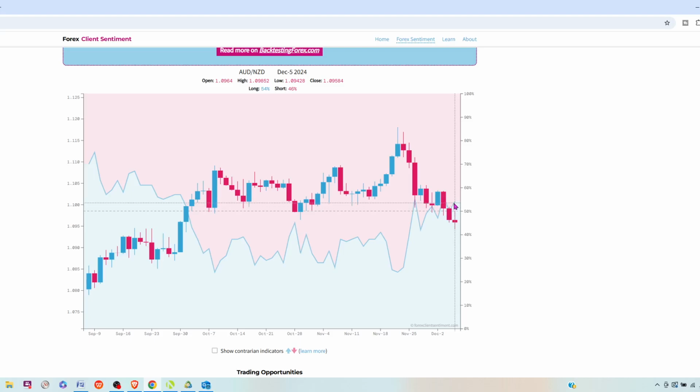So again, as of the last update on this chart, it hasn't updated for Friday yet for yesterday's price action. This is still saying December 5th, which was Thursday. So I'm not sure when they update this. Maybe because of the weekend, they'll update it when the market opens again on Sunday. So the last update on this was Thursday, so I'm not sure how this will work out for Friday, but let's just take it for what we have.